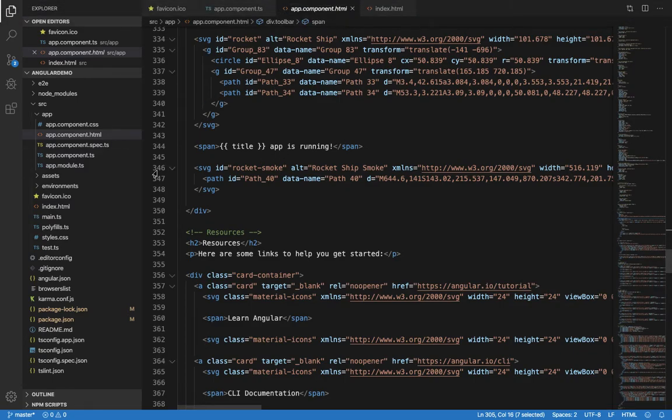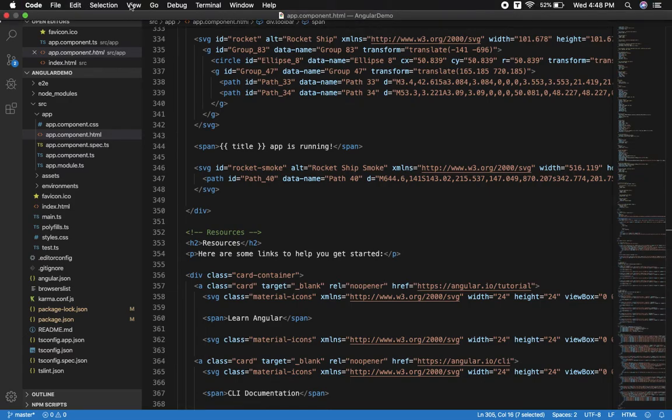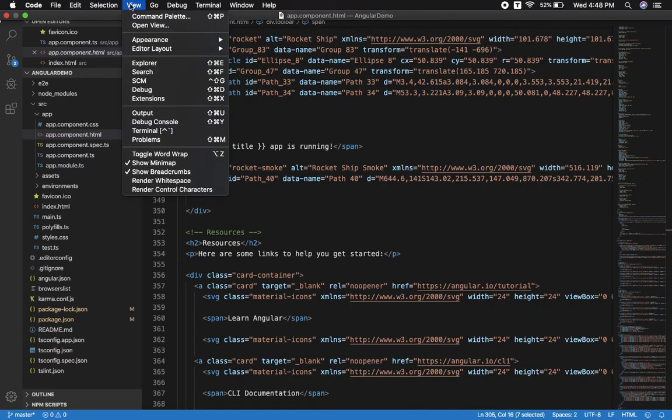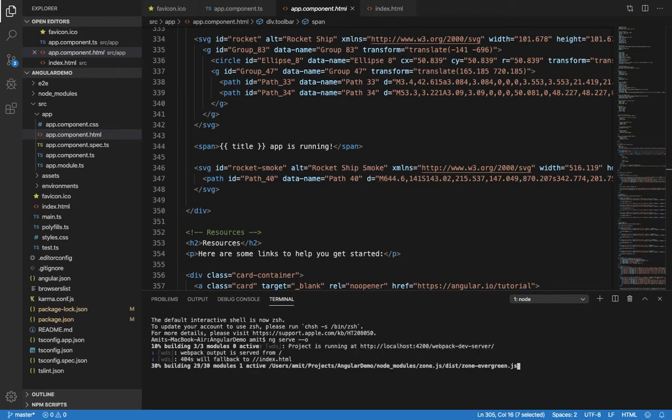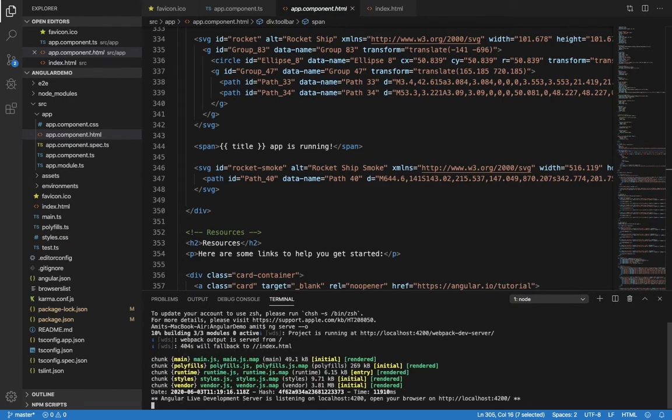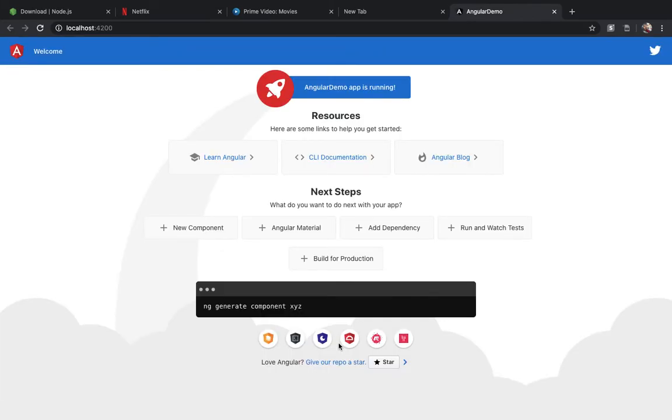If you are going to open the terminal in VS Code, you have to go to View and then click on Terminal and write the command ng serve --open. It is going to take some time. The ng serve command is going to build my project and run the server, and it will open it in the browser at the default port, which is 4200. Let's wait for it, and after some time, once it finishes, it will open our project.